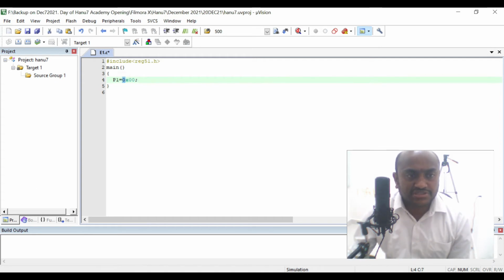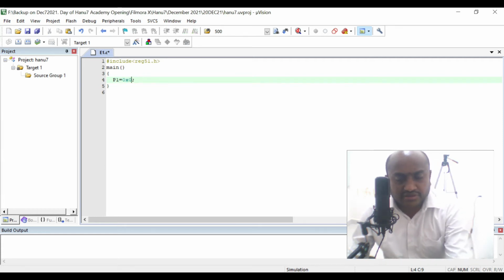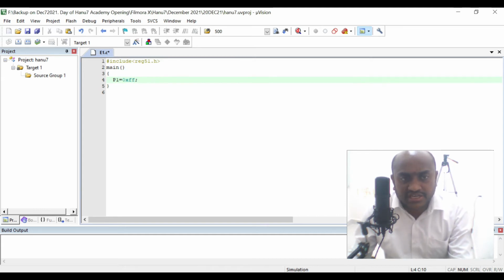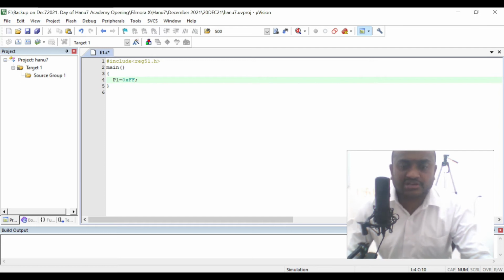And this 0x indicates that 00 is a hexadecimal number, or 01 is a hexadecimal number, or 02 is a hexadecimal number. So it can go up to maximum how much? FF. So this is the maximum range of an 8-bit number. This is not case sensitive, you can use either small or capital F.